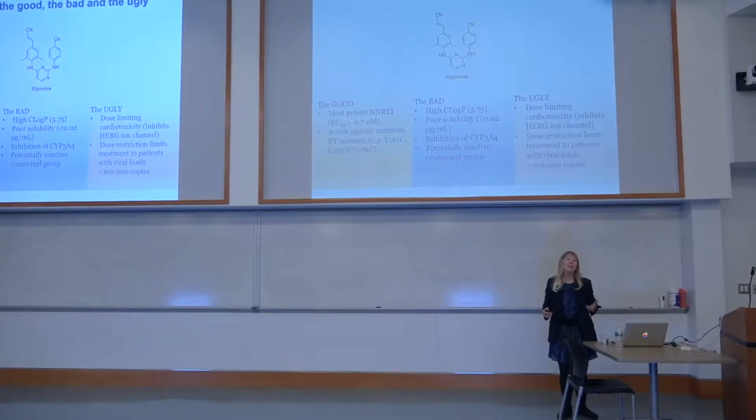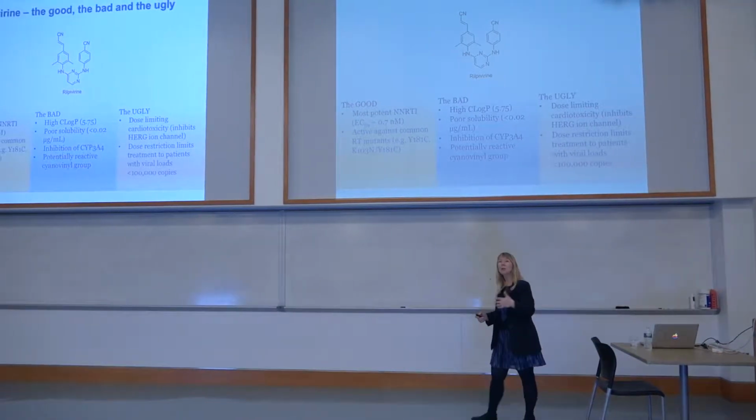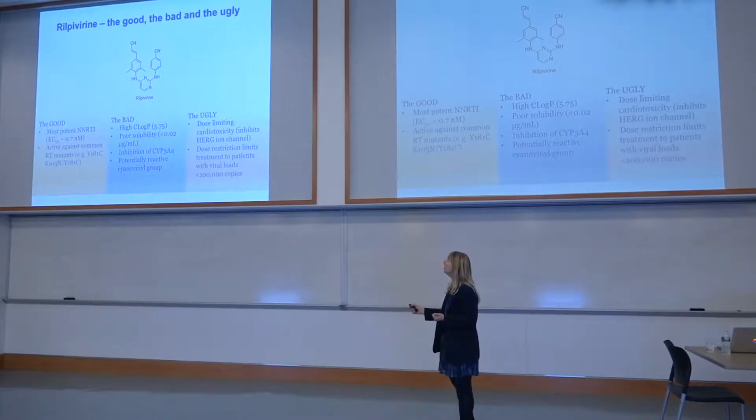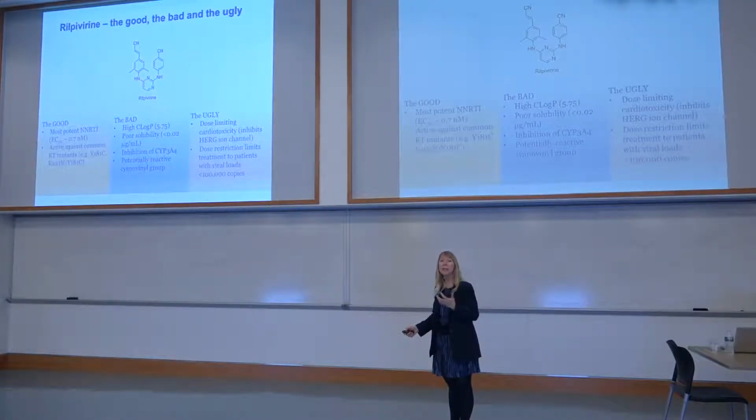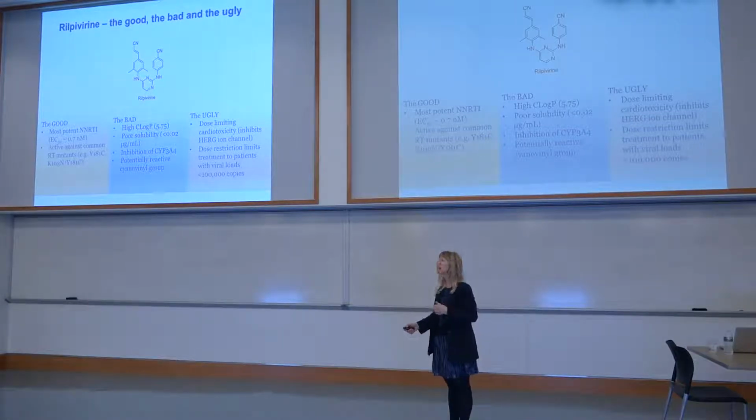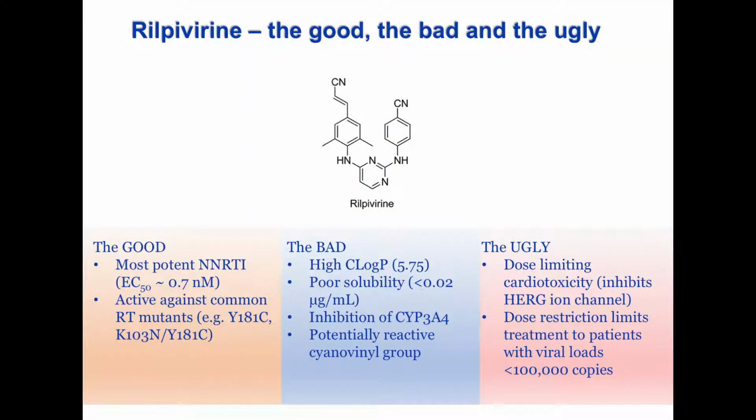But why did I mention rilpivirine? I mentioned some of the very good things, and these are some of the good things with rilpivirine. It was one of the more recently approved, with the exception of the newest, doravirine by Merck. And so it's certainly a very potent compound, and it's active on a whole panel of drug-resistant mutants. However, it actually has some problematic properties in terms of its pharmacokinetics and its ADME-tox properties, as I've illustrated here. It's not a very soluble drug, and so it's very difficult in terms of formulation. It has very poor solubility.